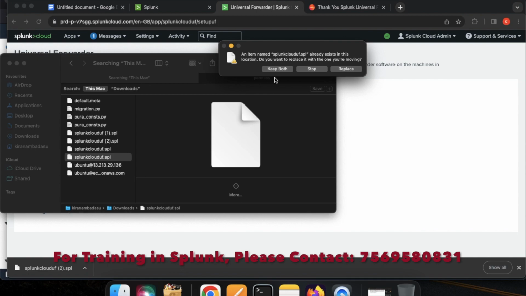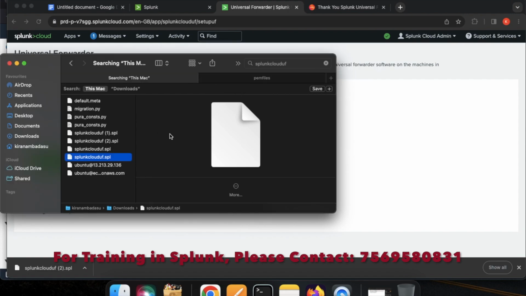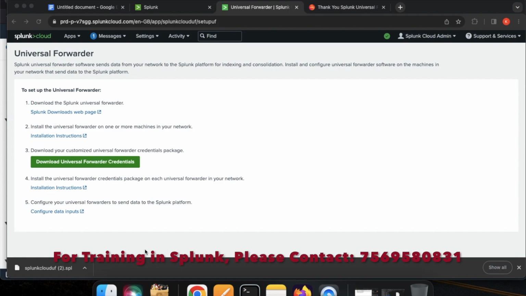Okay, already it is there. Okay, great. Okay, stop. So not required, already it is there. So now what I can do, there is no need to transfer this one. So now I can always